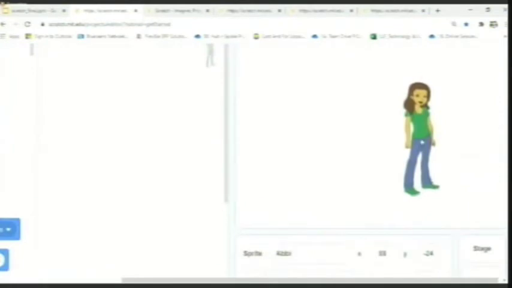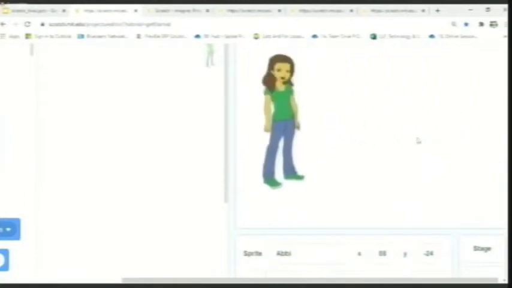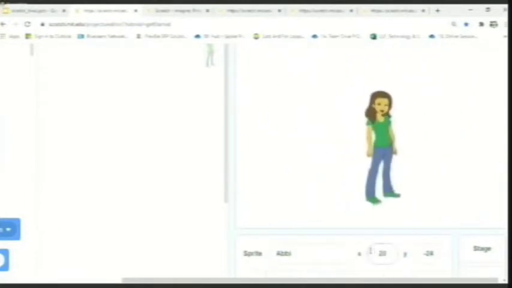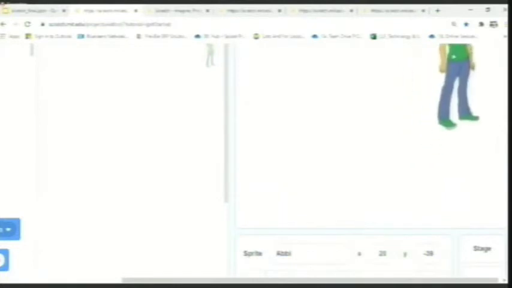Now what I'm going to do is click on this sprite and move it across the stage area. I want you to keep a note of these X and Y numbers. Let's say I put it on the top right corner. Here, both my X numbers and Y numbers have changed. Please notice the signs: both are positive. That means I am putting my image in the first quadrant, where both the terms are positive.